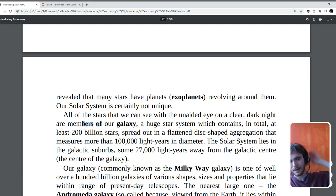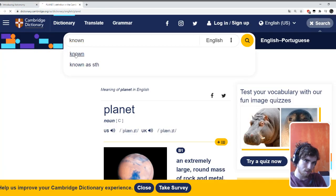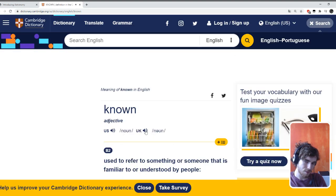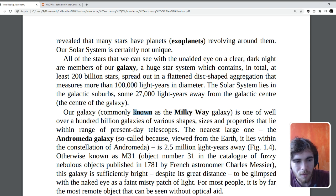Members of our galaxy, a huge star system which contains in total at least 200 billion stars spread out in a flattened disk-shaped aggregation that measures more than 100 light years in diameter. The solar system lies in the galactic suburbs, some 27,000 light years away from the galactic center, the center of the galaxy. Our galaxy, commonly known as the Milky Way galaxy, is one of well over